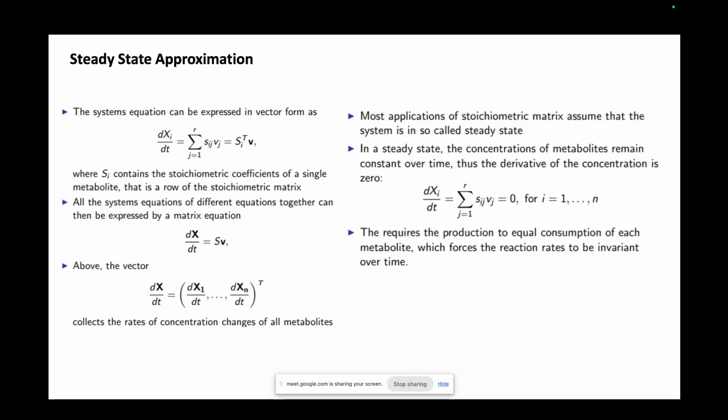So x with the subscript i is giving you all the metabolites inside your model or inside your network, and j equal to 1 to r is giving you all the reactions inside the particular network. So this is an equation that is used to find the steady state of a particular metabolic network,